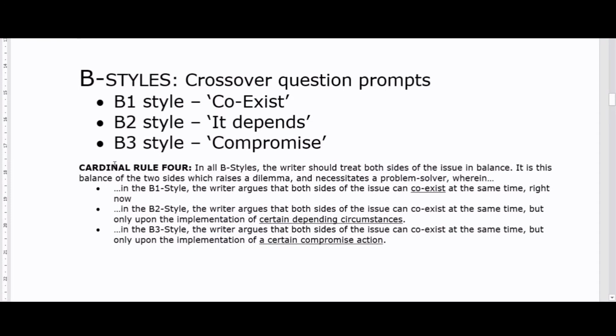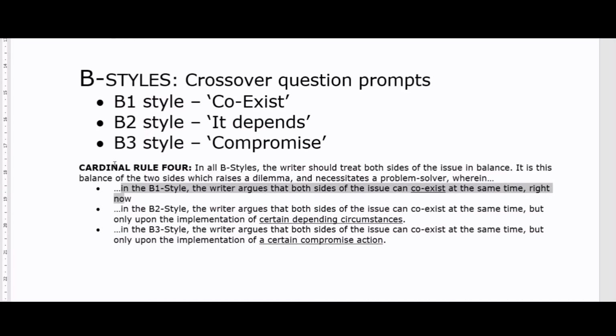formulate our fourth cardinal rule. In all B styles, the writer should treat both sides of the issue in balance. Very important to emphasize that both sides of the issue are in balance. It is the balance of these two sides which raises a dilemma and necessitates a problem solver, wherein